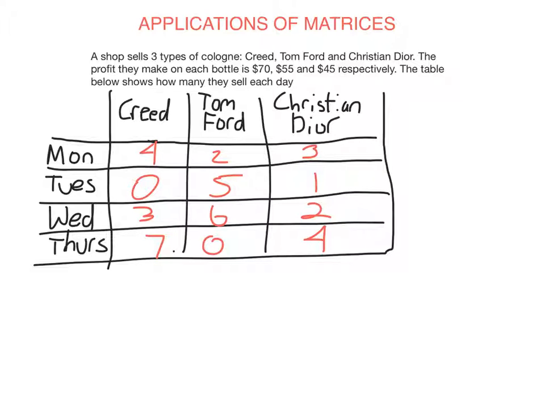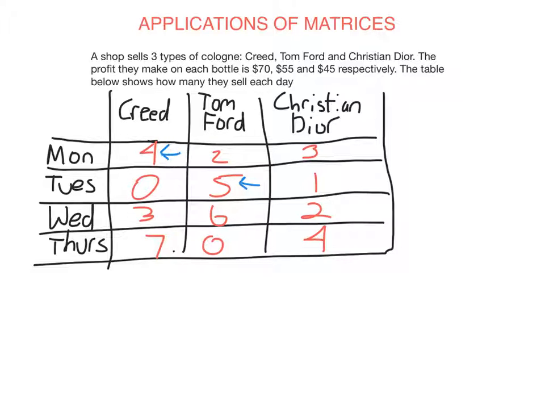Let's say a store sells 3 types of colognes, 3 brands: Creed, Tom Ford, Christian Dior, all wonderful brands. Now in the table, I've put how many of each they've sold each day. So this number means they've sold 4 Creeds on Monday, this number means they've sold 5 Tom Fords on Tuesday, etc. Now I'm going to show you how you would use matrices to calculate how much money the store has